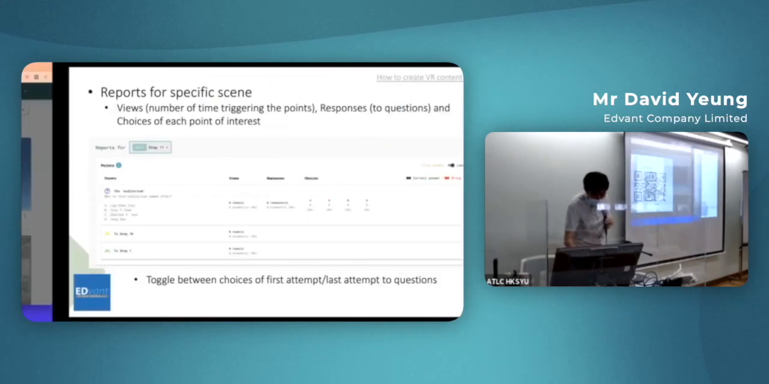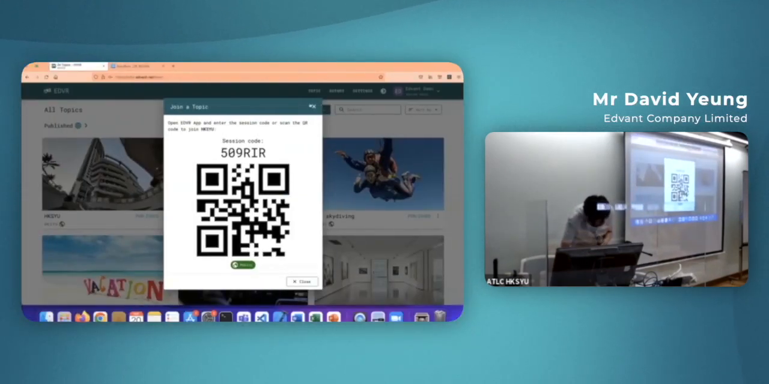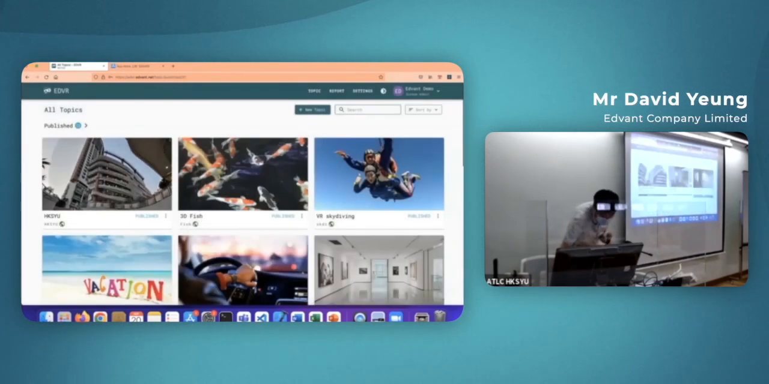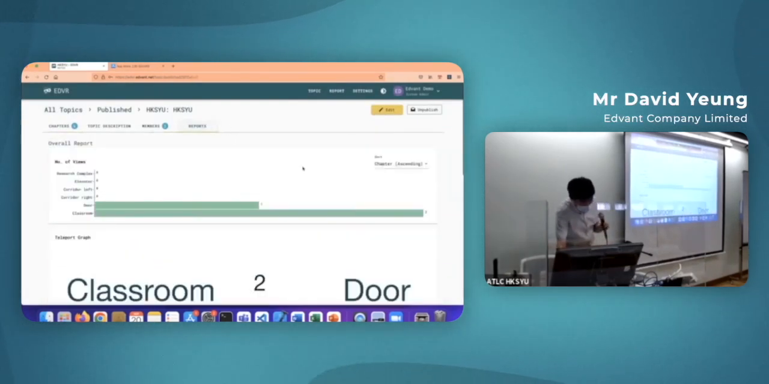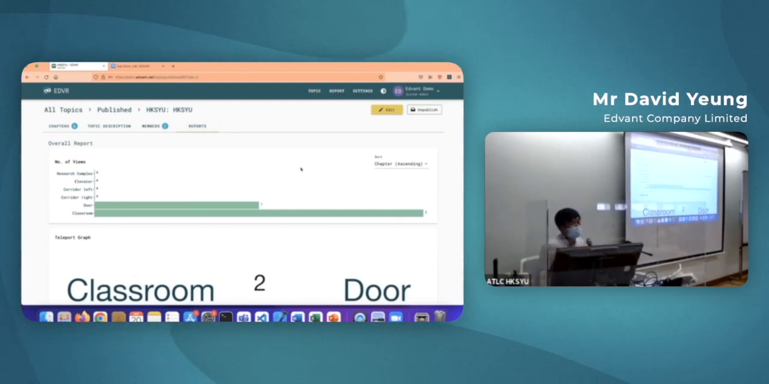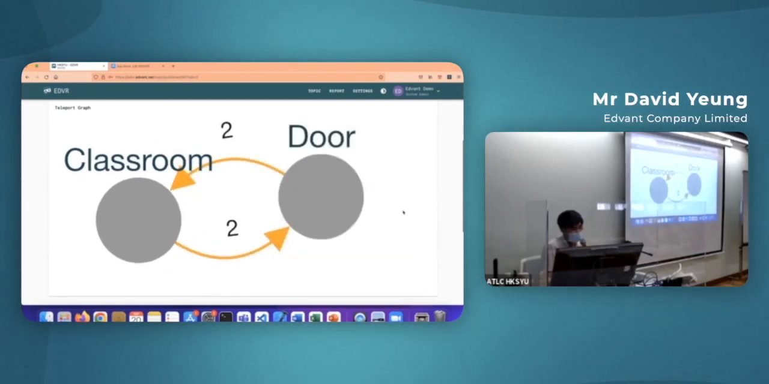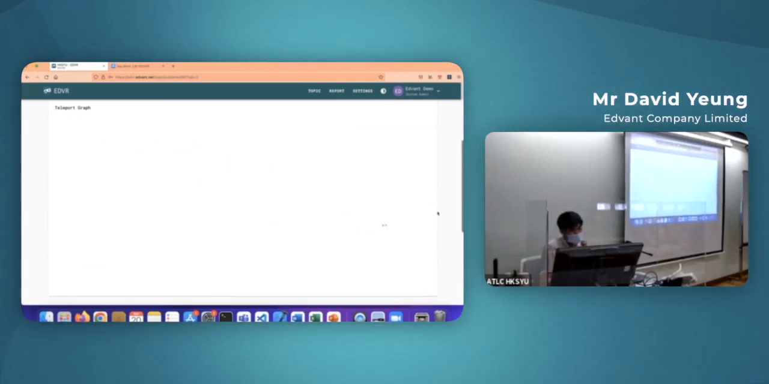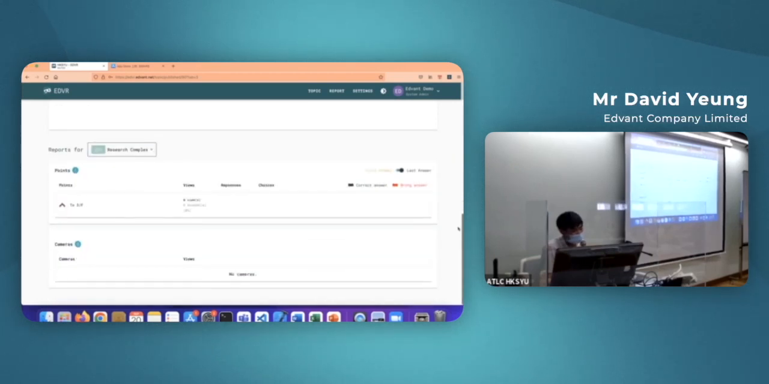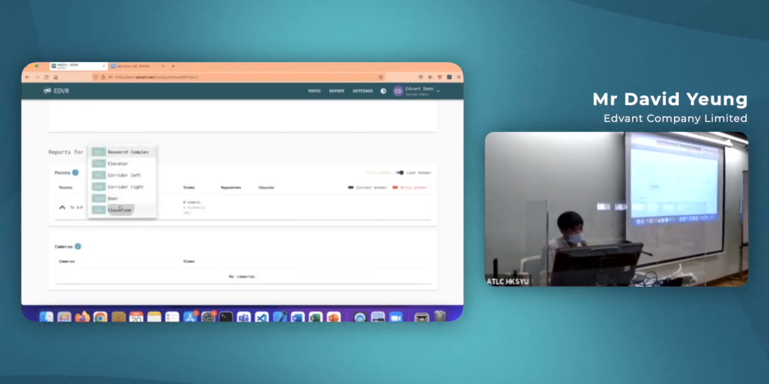And let's take a look at the real reports. We just use the app to visit the door in the classroom. So only these two have a bar, and then only these two are linked together. But we can see another one in one moment. And for the points,